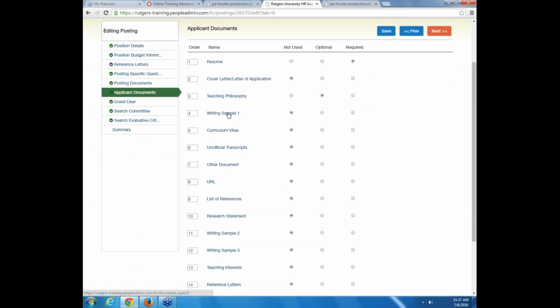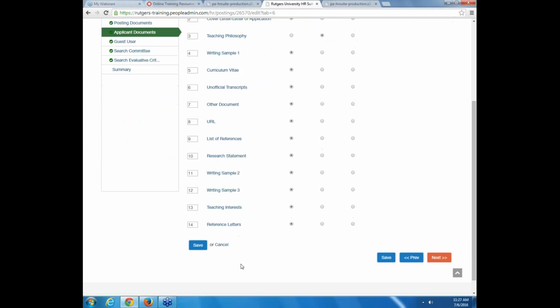You can see we have writing sample, CV, unofficial transcripts, and just like the previous tab, we can add document types here that the applicants can upload. We also have list of references, so if you don't want to use the reference feature, you can make this optional or required, so when an applicant goes through, they can just upload a Word document of the list of the references, or if they have any reference letters, you may also use this as optional, and they can upload